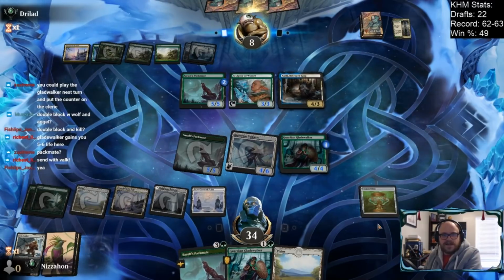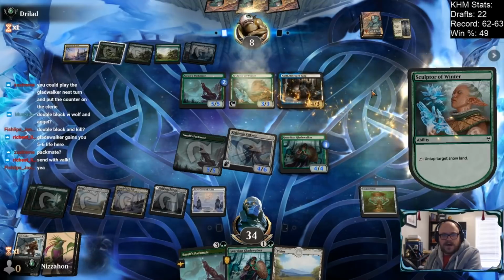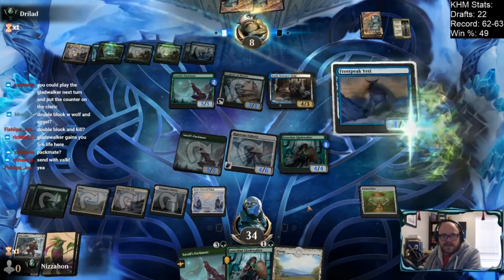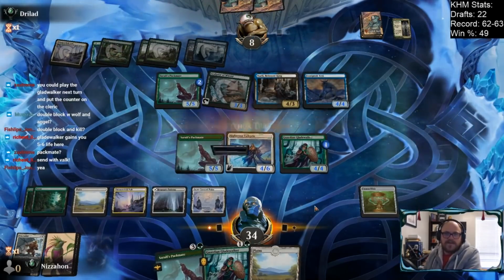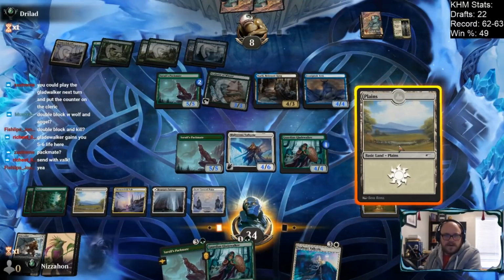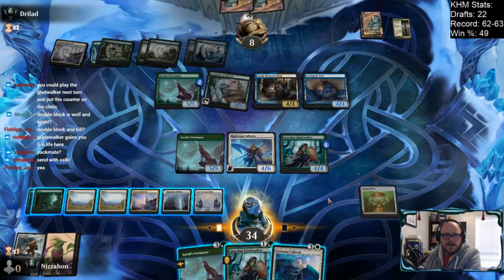As good as Narfi is, I think what we have going on is probably better. Okay, well, they're about to do something else, too, with all that mana. Okay. Not too worried about a Frost Peak Yeti, either. Okay. So...